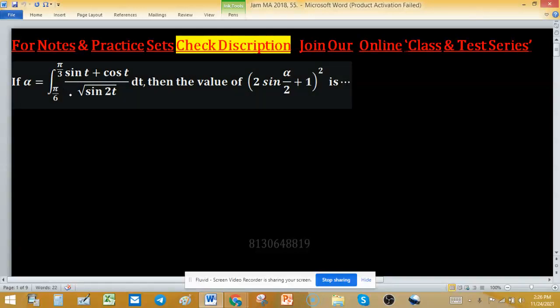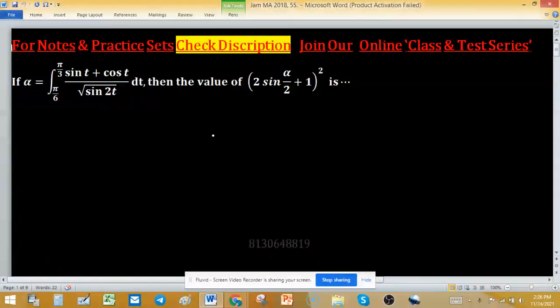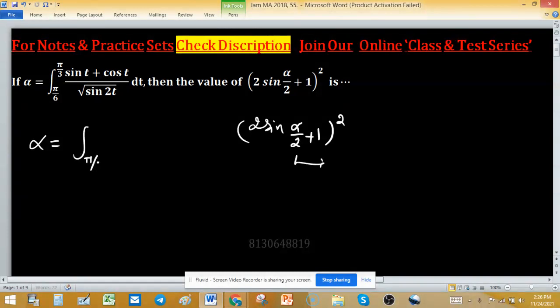Alpha is equal to this integral, and we have to find the value of this expression, 2 sine alpha by 2 plus 1, raised to the power 2. For this, if we can find the value of alpha, then we can easily find the value of the entire expression. And the value of alpha we can find with the help of this integral from pi by 6 to pi by 3,